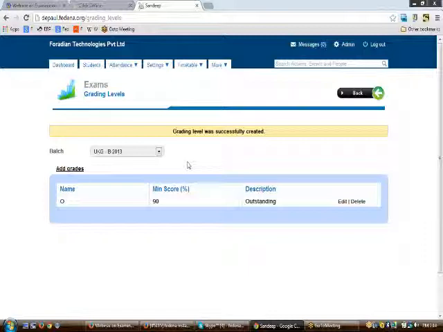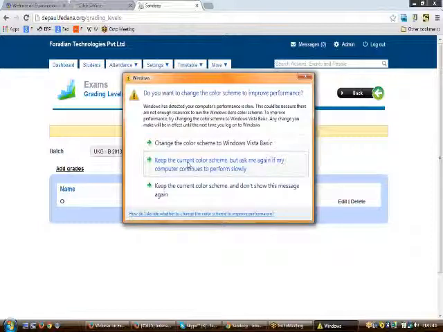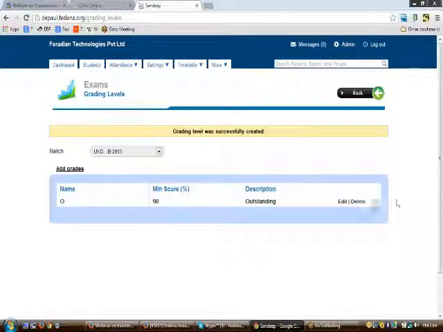Similarly, you can create all your grading levels for your batches, or else you can just create a particular set of grading levels and set it as common to all other batches.